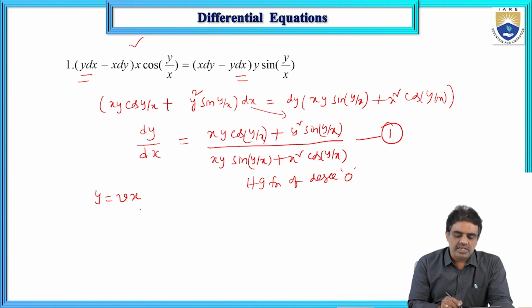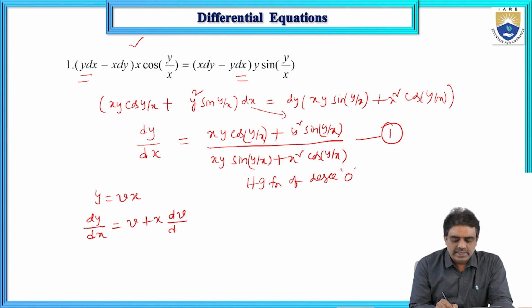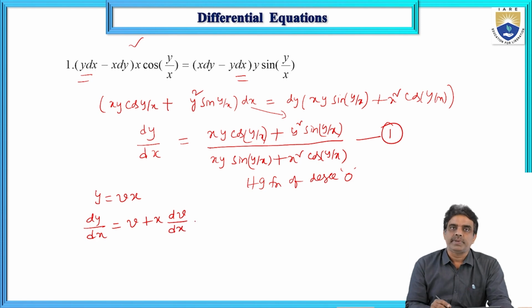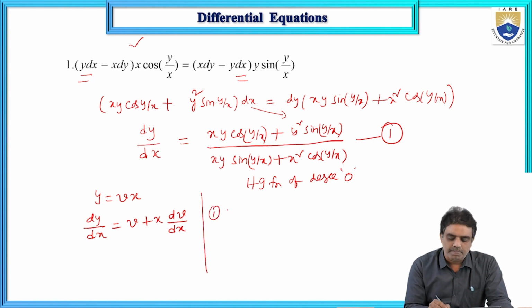So if I put y is equal to vx, then what we will get, dy by dx is equal to v plus x dv by dx, on differentiating with respect to x. Differentiating vx gives v times 1 plus x into the derivative of v with respect to x, which is dv by dx. Then equation 1 reduces to: